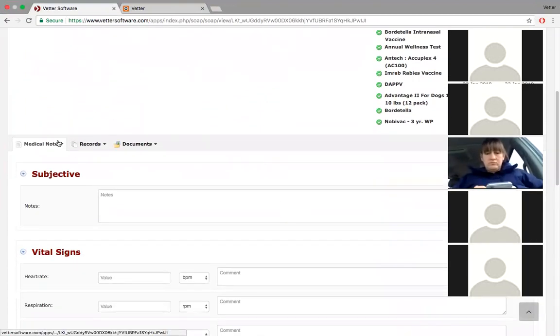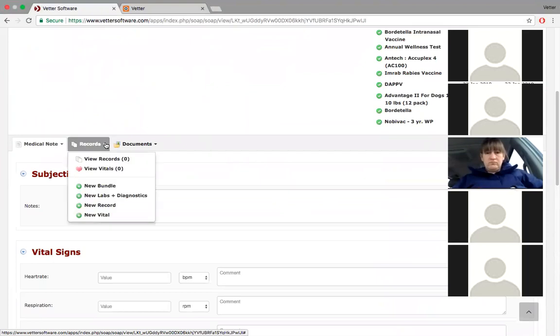I come here and I want to add my charges, and a lot of clinics, right, they just go directly to billing and add charges individually and create invoices from there. And you can do that, but that means then the software doesn't know this is tied to the medical note, right? And when you're viewing the patient record,